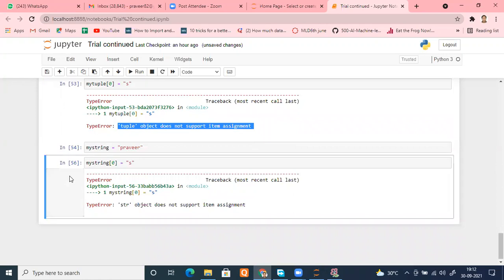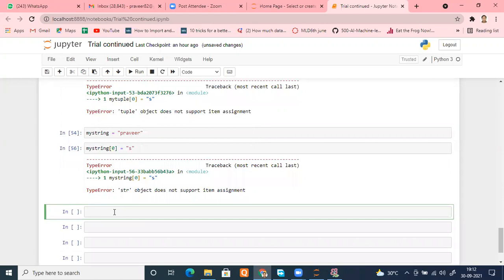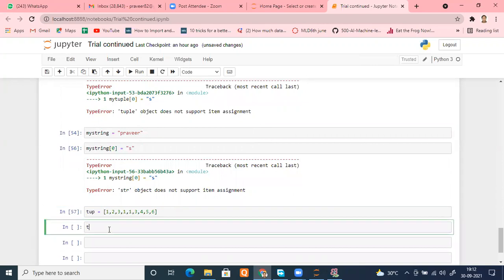But as we saw, there are functions inside the string. Let me explore the functions inside the tuple. Let me create a new tuple, let's say the name is tup, and I'm putting some elements like 1, 2, 3, 1, 3, 4, 5, 6. This is my tuple. I want to check how many functions are there.